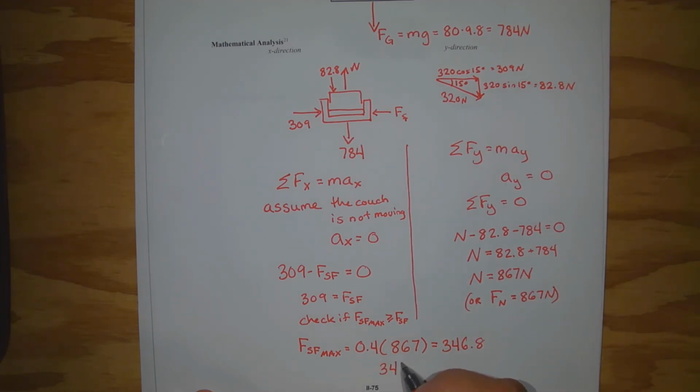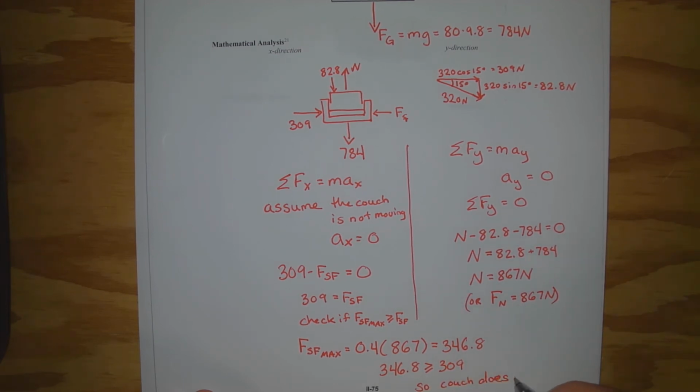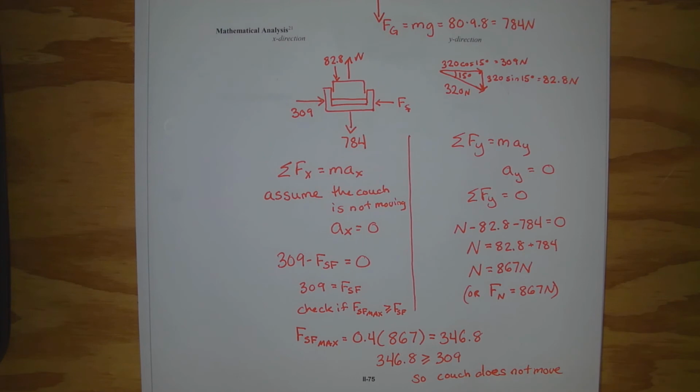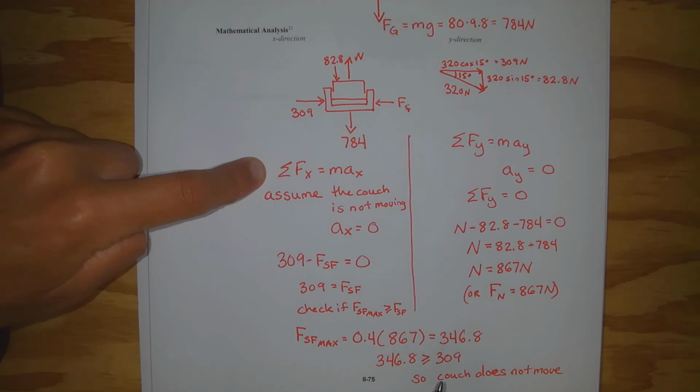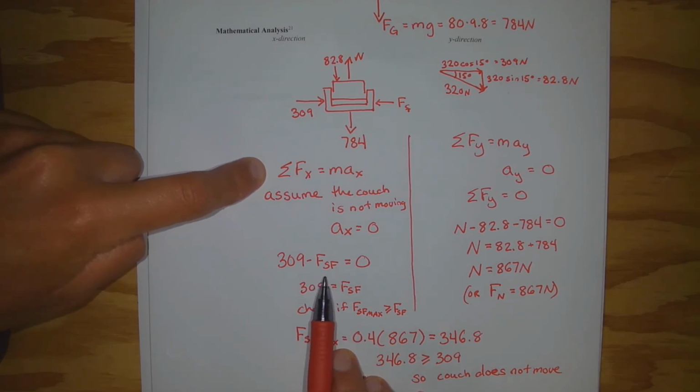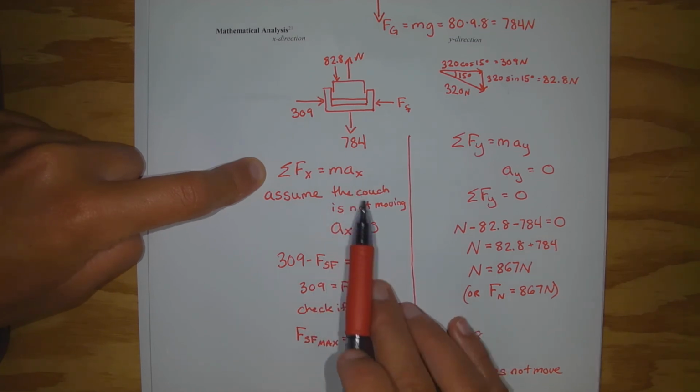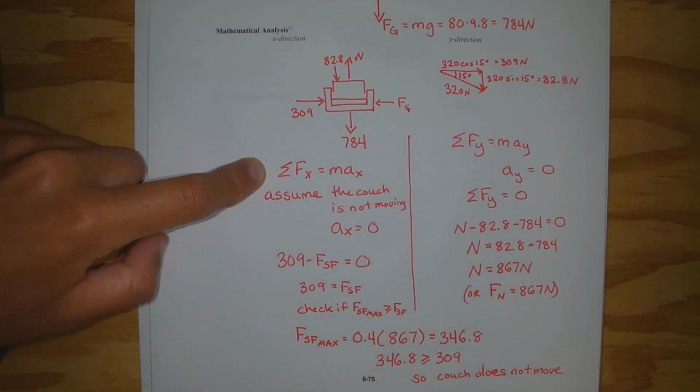So 346.8 is greater than 309, so the couch does not move. Which means our assumption was good and we can stop. If the maximum value for the force of static friction was less than 309, then I'd have to go back to Newton's second law. This force would be kinetic friction instead of static friction, and my acceleration would not be 0, but I could use